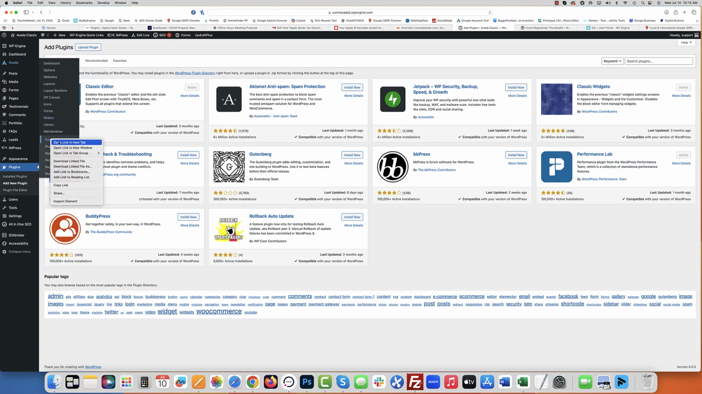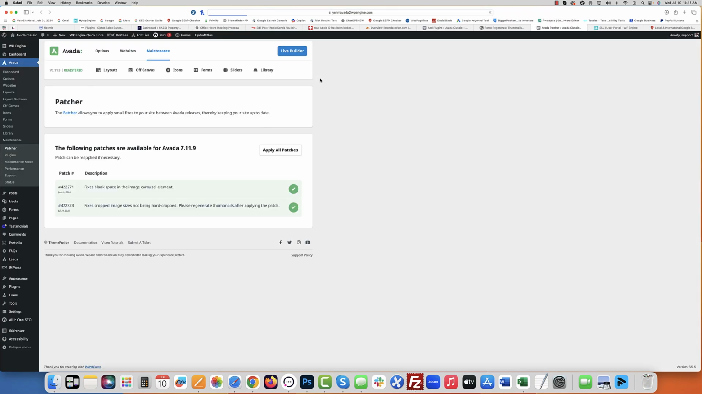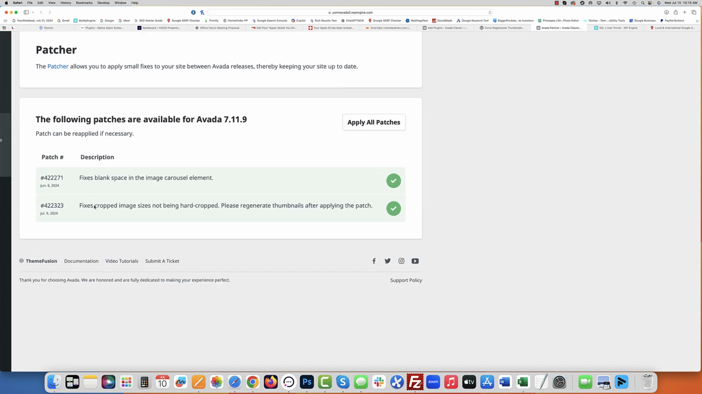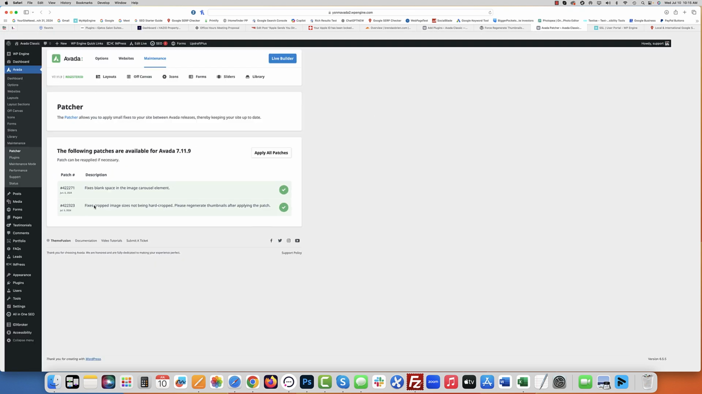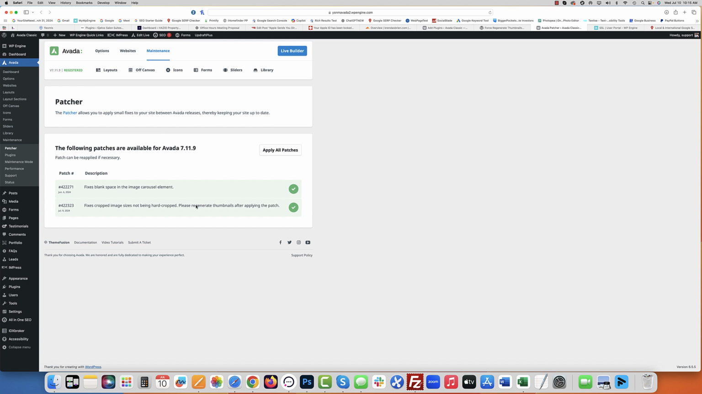Okay, so there was a patch that came out for Avada that fixes cropped image sizes not being hard cropped. Please regenerate thumbnails after applying the patch. So you may see this occasionally from time to time where you have to regenerate the thumbnails. And what do you need to do? You need to come over to the plugins